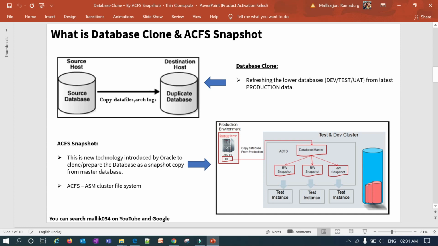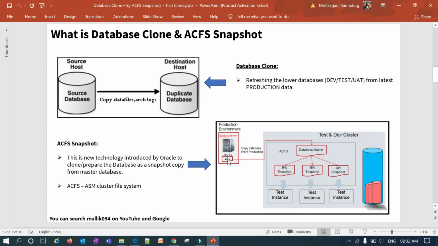This is the new technology introduced by Oracle to clone and prepare the database as a snapshot copy from the master database. In the production environment, you can see there's an Exadata server, or whatever server, with a production database, and I'm going to create an ACFS file system in that.